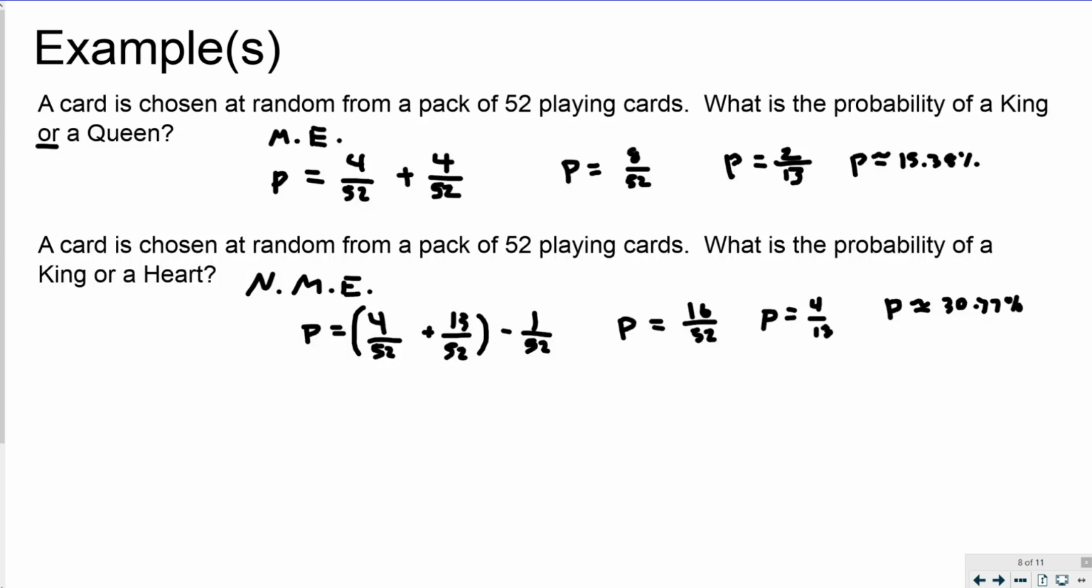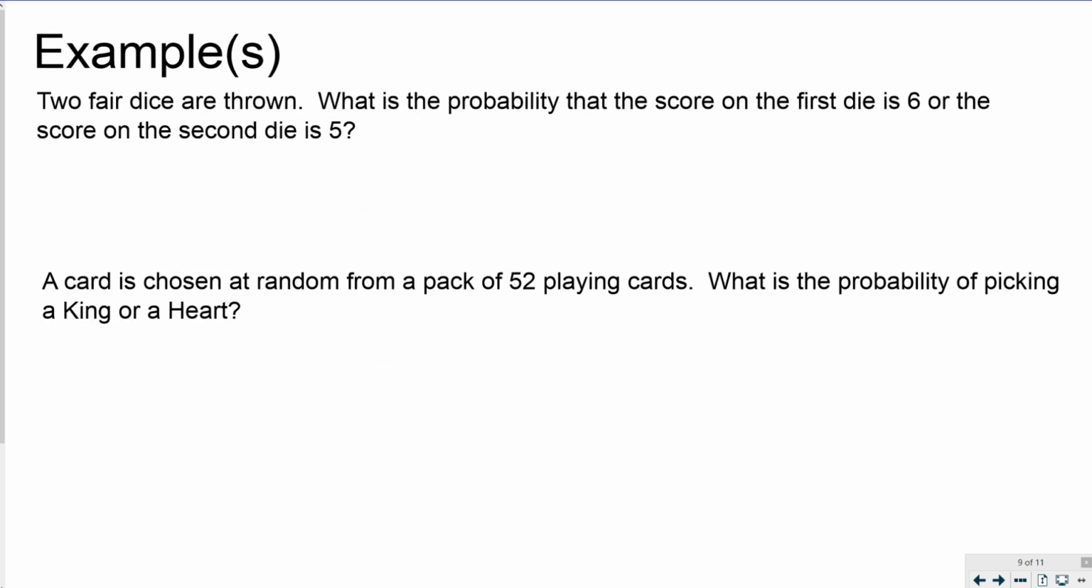Okay, let's do some more examples. 2 fair dice are thrown. Fair dice just means they're not rigged to show up on a certain side. And a standard die has 6 outcomes. What is the probability that the score on the first die is a 6 or the score on the second die is a 5? Okay, so these are non-mutually exclusive events. It is possible for the first die to show up as a 6 and the second one to show up as a 5 together. So what we're going to do